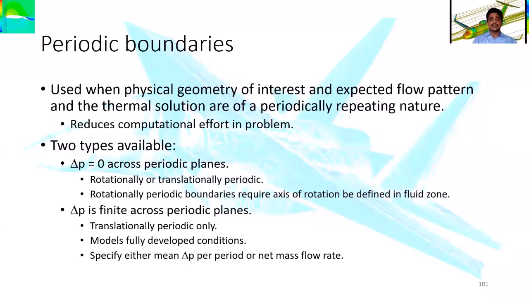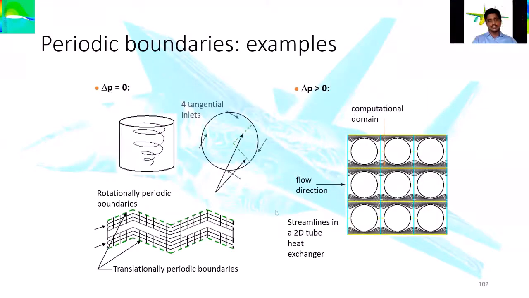There are generally two types of periodic boundaries. Maybe you can understand better with the images. In the periodic boundaries here you can see where the delta P, the pressure variation, P2 minus P1, is equal to 0. And in the other case the pressure variation is not equal to 0, but greater than 0. When it is equal to 0, there is swirling flow. In your fluid mechanics you might have studied forced flows, under the influence of a force, where a parabolic curve is formed. Those flows can be modeled with delta P equal to 0. That is type 1 of periodic boundary condition, so continuous swirling is happening.